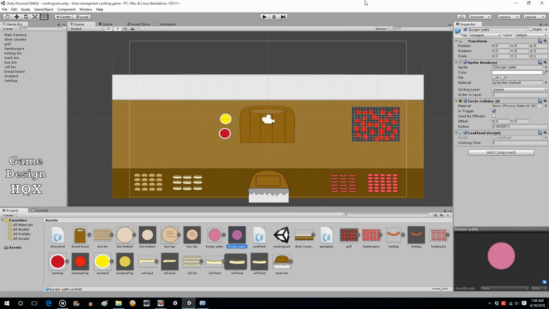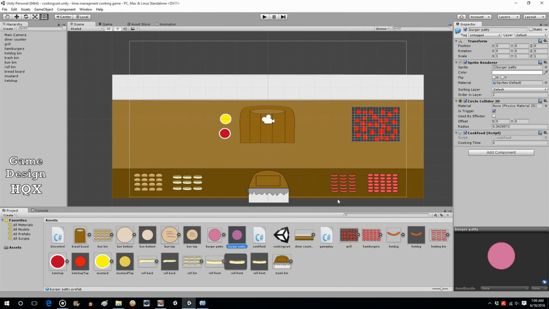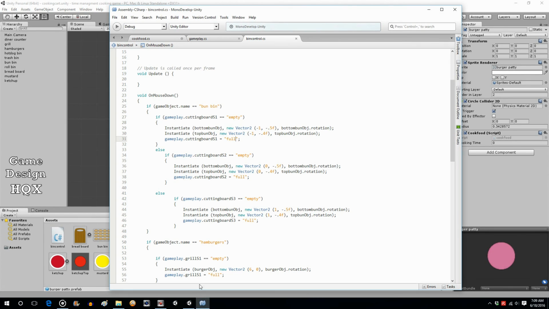Okay, so picking up right where we left off, what we're going to do now is add click functionality to the cooking patties, and that way when you click on them, they will automatically appear in the next open bun. To do that, we have to modify something that we already did. In the bin control script, which is attached to the various bins,